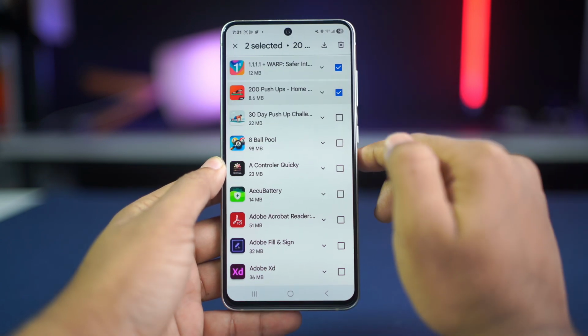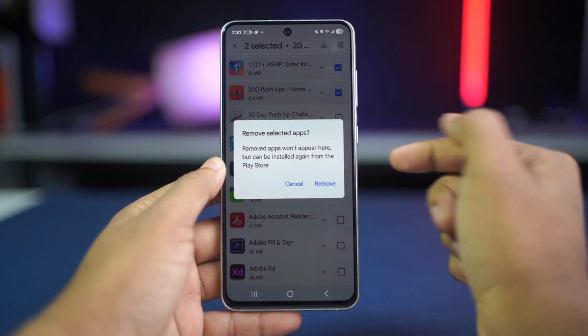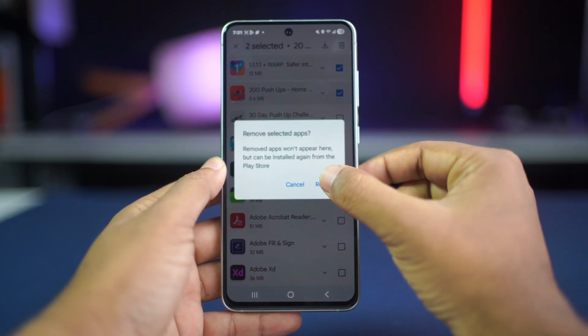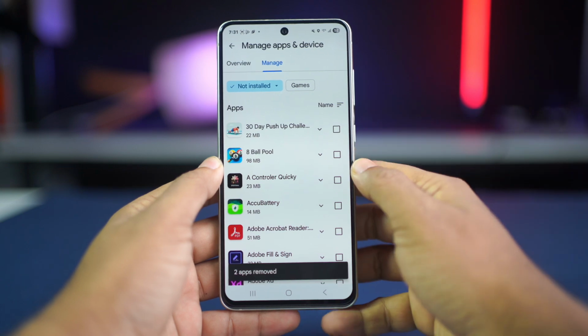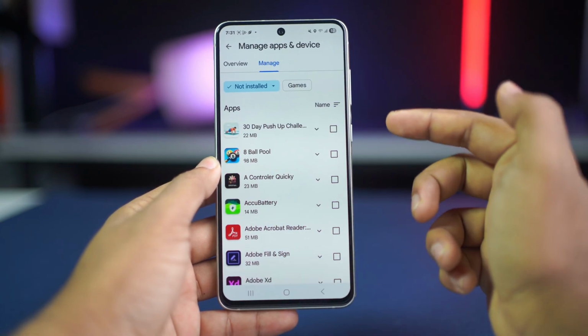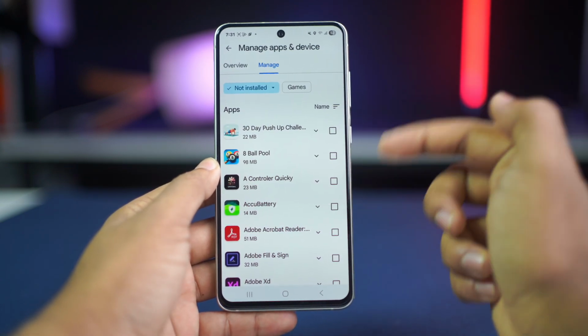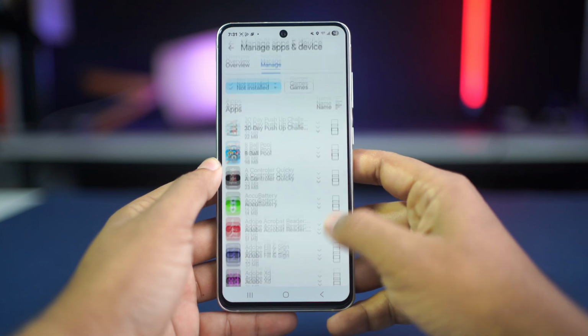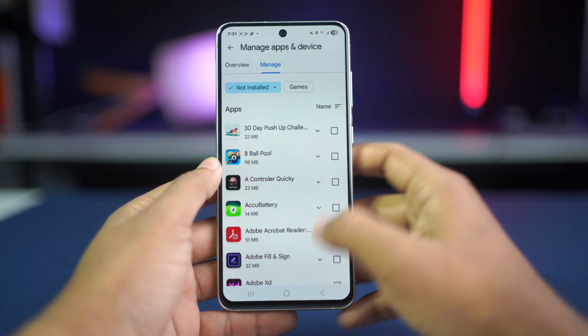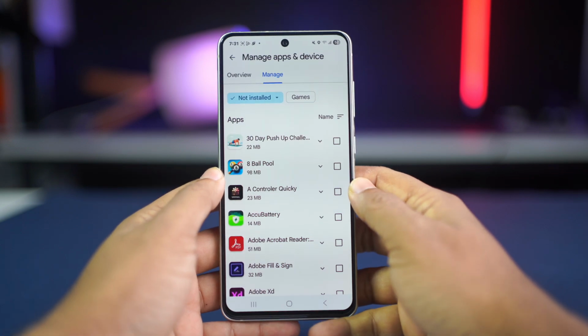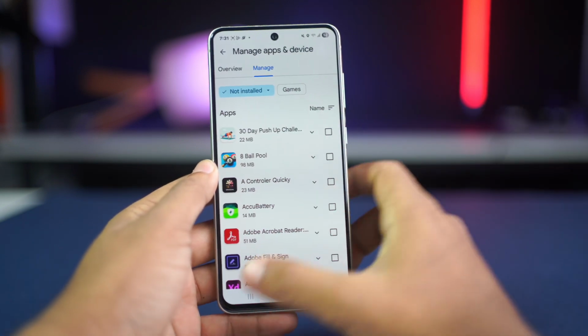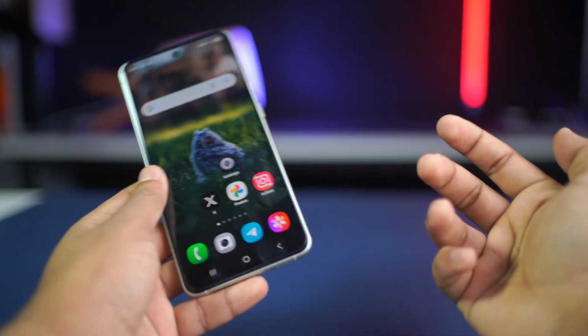Tap the delete icon, often a trash can or an X icon, at the top of the screen. Confirm by tapping Remove. This removes the app from your My Apps list, but the purchase record for it still exists in your budget and history, and you can always re-download it by searching for it again in the Play Store. And that's it. Now you know how to check your Google Play Store purchase history and the limitations regarding deleting